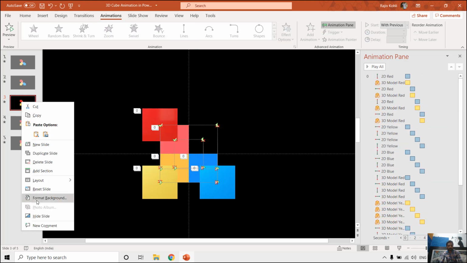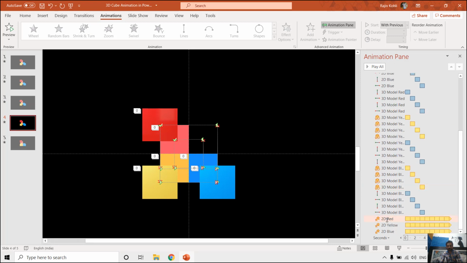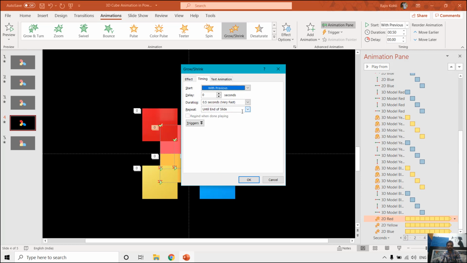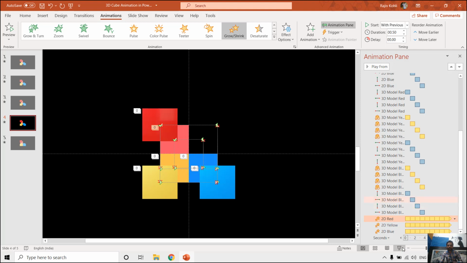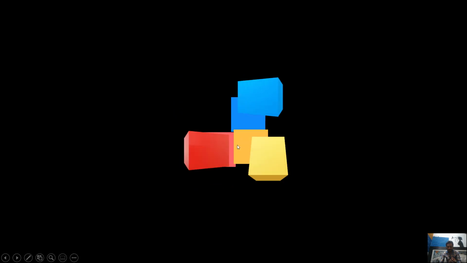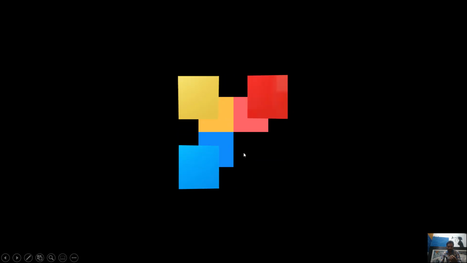Now let's move to the fourth slide, and here I also added another effect, and that is grow shrink, to all of the 2D rectangles. If I double click on this, you can see that I am shrinking the size to 95% with auto reverse, and repeating this animation effect until the end of the slide with a duration of 0.50 seconds. Applying this grow shrink animation to all the 2D rectangles, when I see the slideshow, you will see a little bit of gap here, and it creates an effect of popping up. The 2D rectangles are behaving like they are popping up and down.